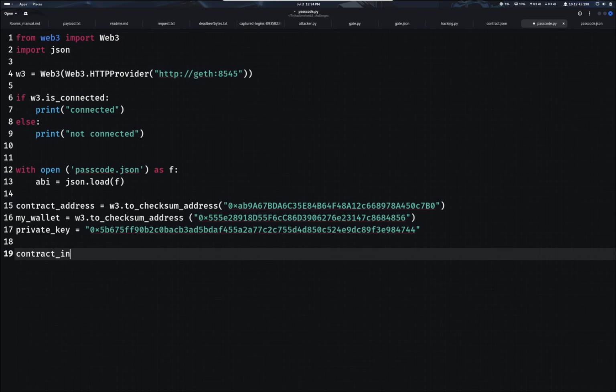Sorry guys for the typo. Instance, which is... one second, sorry, I need to check something so quick. So contract instance is